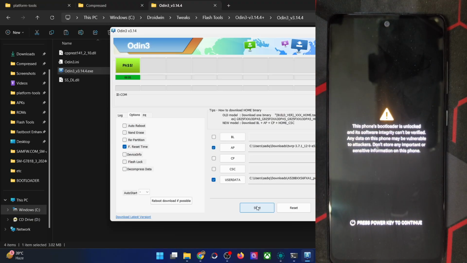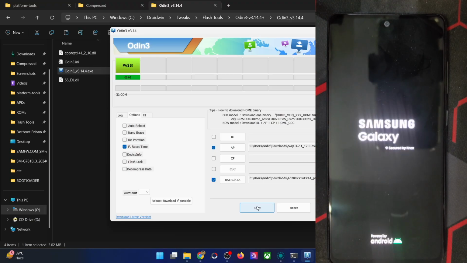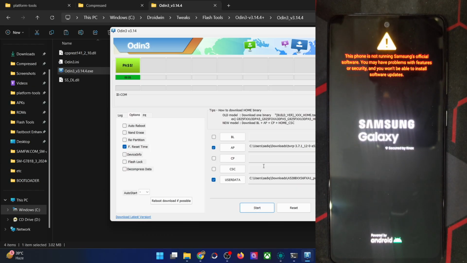and your phone should now boot to the recovery mode. If you have flashed and pressed the keys at the right time, your phone should now boot to the recovery. If in your case you haven't pressed the key at the right time, then your phone will boot to the stock recovery or the stock OS. In either case, you have to then reflash the recovery via the Odin tool.